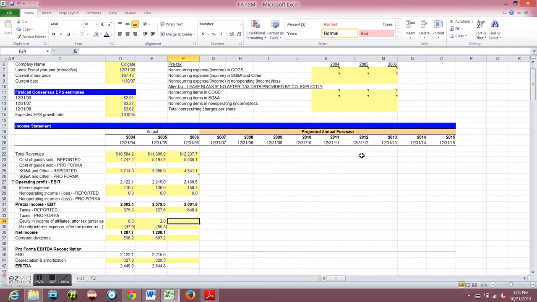Equity and income affiliates are basically, let me give you an example. Let's just say you own a watch company, and you decide to have 20% ownership of another company. Let's say Walmart. You are going to write your investment in Walmart as equity and income of affiliates. Typically, the rule is if you have more than 20 to 25% of equity into another company, you essentially have to report that as equity and income of affiliates. So therefore, you earn dividends, maybe, or even interest payments towards you, and you're going to count that as income from equity